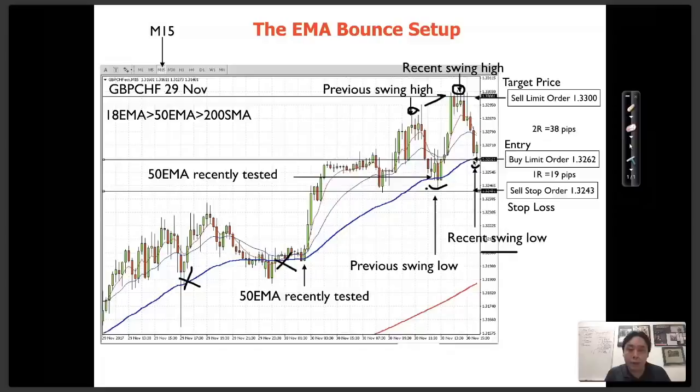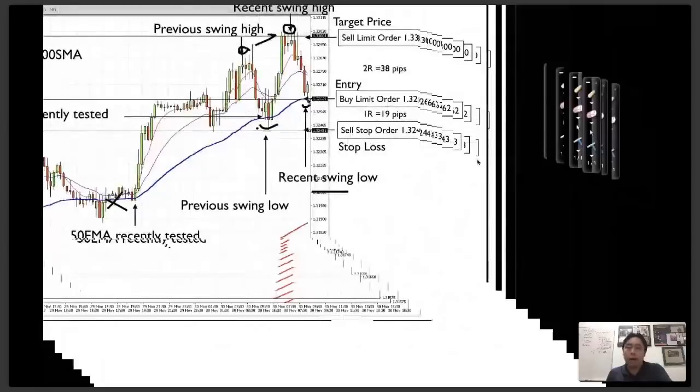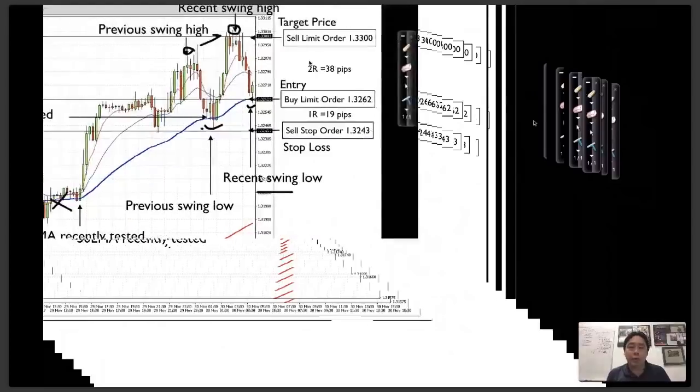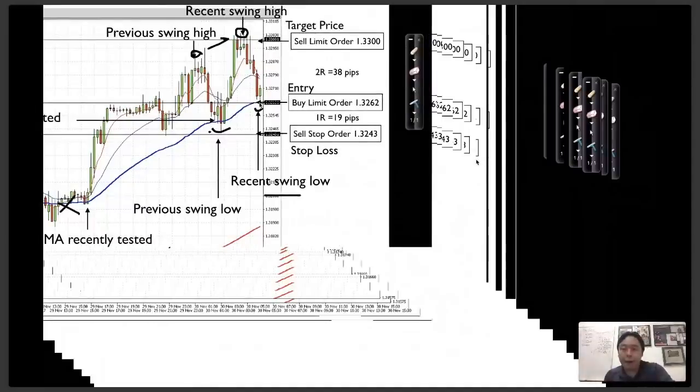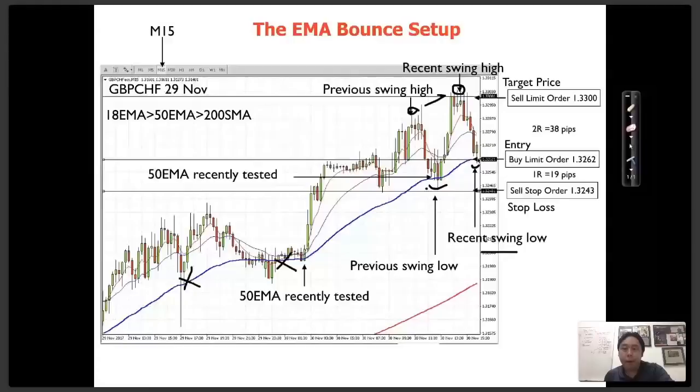So what I do is this. Now, when I enter over here, I ideally want to take profit at the recent swing high or just above it, but not too far above it, right? So I roughly measure, if I buy here, I want to reach at least the recent swing high, or slightly higher is fine, because, you know, higher highs, higher lows, right? So I measure the distance. I say, okay, from here to here, for example, it's 38 pips.